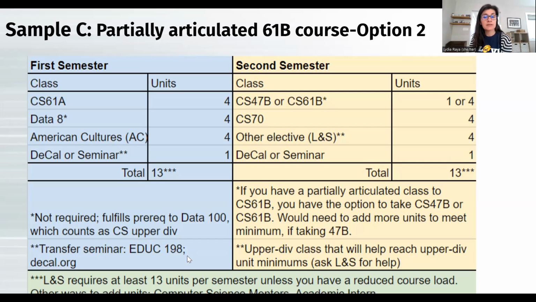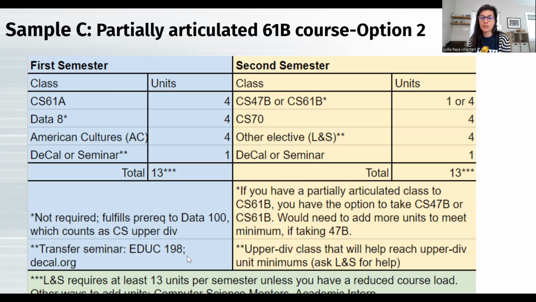With most of our classes, I'll add, prerequisites are not exactly enforced. So at community college, I know a lot of the time the system checks and it will not let you enroll in a class if you haven't met certain requirements. At Berkeley, it's a little different. A lot of classes, we're relying on you to take the prerequisites and then sign up for the next class. So you want to think about, if I don't fulfill those prerequisites, am I really ready for the upper division class? So it's a kind of a question for yourself.